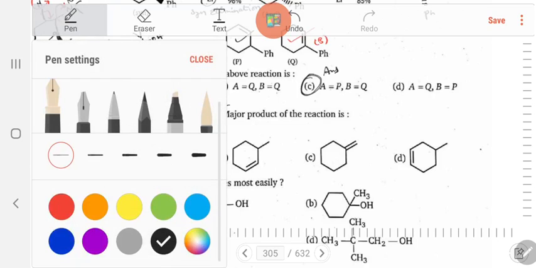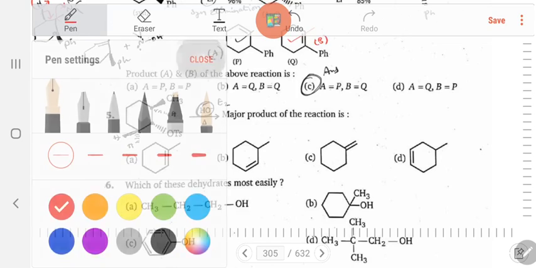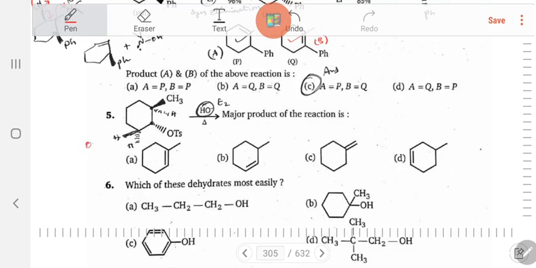Now here there is possibility, right? So the given base can approach this hydrogen from above the plane, then this bond can shift here, and then OTS can be lost. So there is possibility for E2 elimination properly. So the correct answer obtained here will be B. This is the correct answer. Right. Now next one.